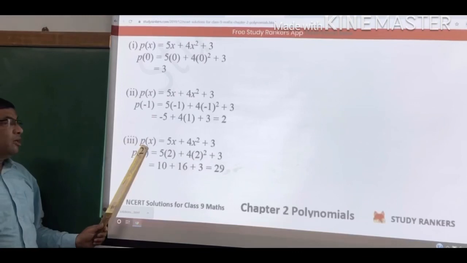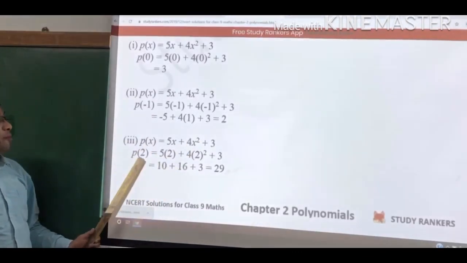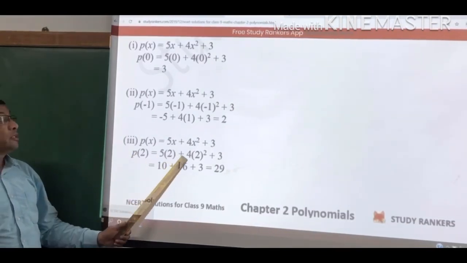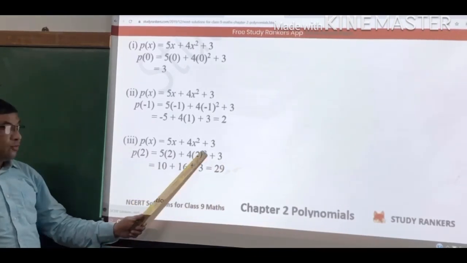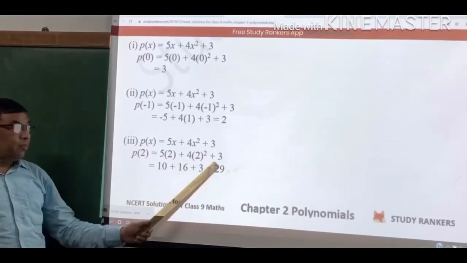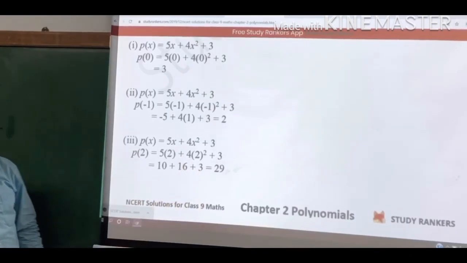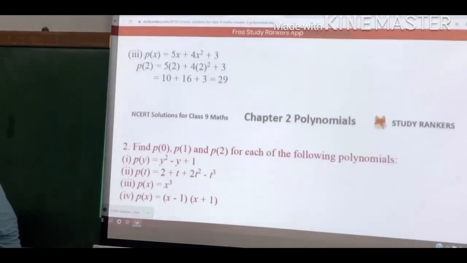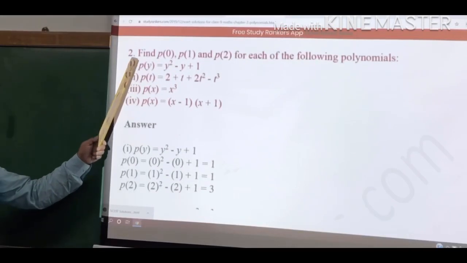The third one, p of x equal to 5x plus 4x square plus 3, in which we apply 2 now. So p of 2 is equal to 5 into 2 plus 4 into 2 square and plus 3. So 10, 2 square is 4, 4 fours are 16 and plus 3. So 10 plus 16 plus 3 which is equal to 29. This way we simplify. The next question now, in which once again we have to find out what is P0,